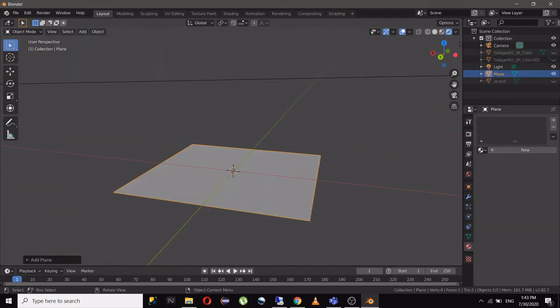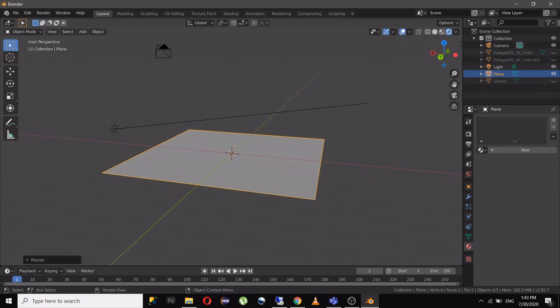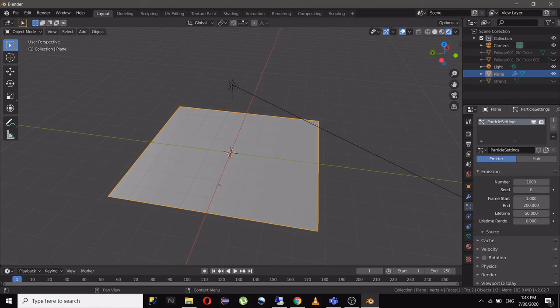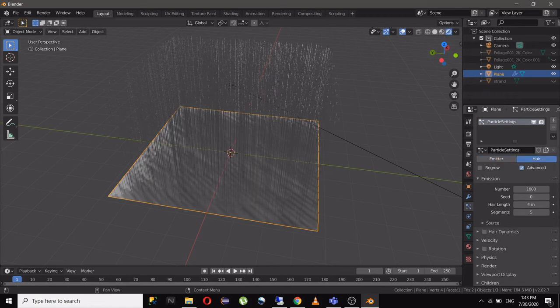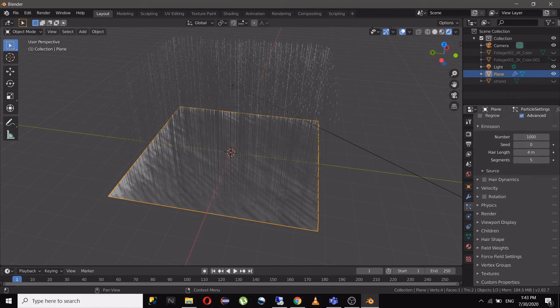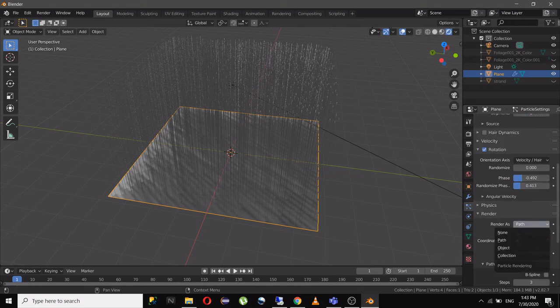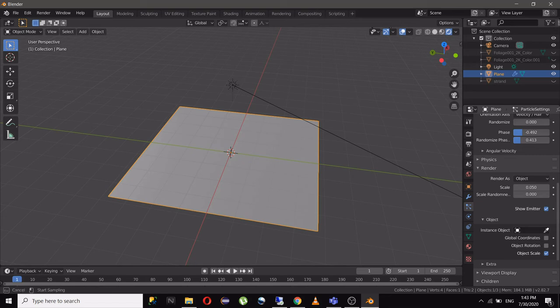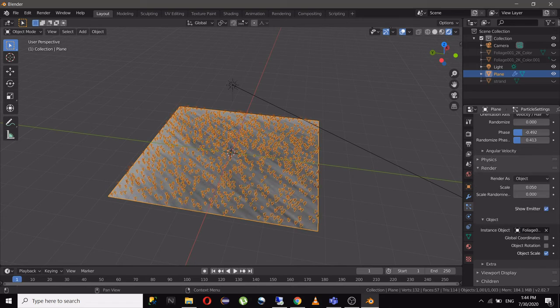So after that, I will add a plane and scale it and go to particle settings, add a new particle, go to here, click on advanced, and I will enable the rotation, and in render as I will select object and select the object as the grass clump which we made, this one.